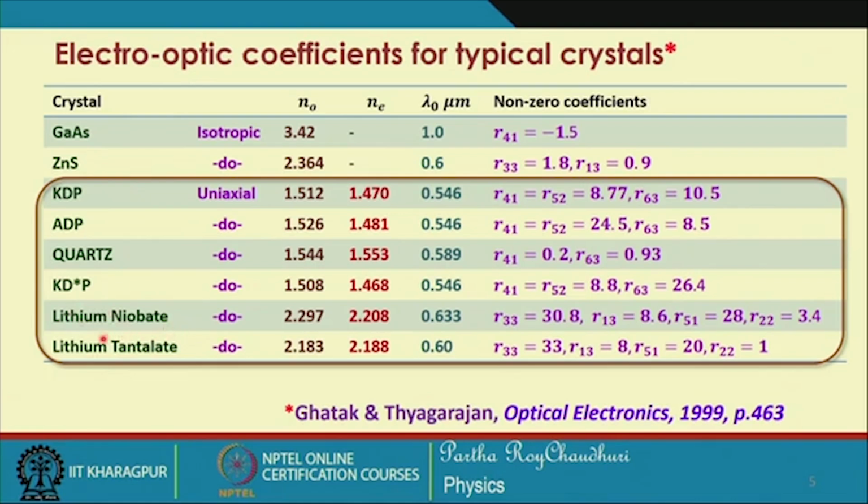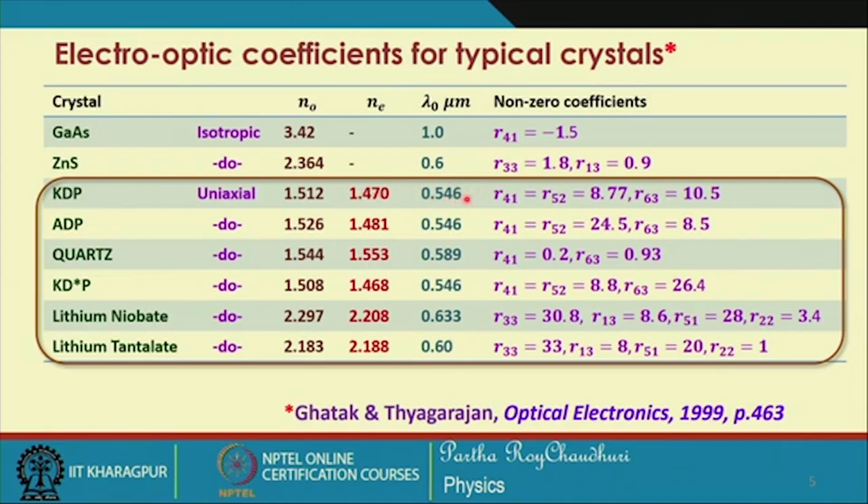Lithium niobate and lithium tantalate, these two are very important crystals, and we will see the application of these two at the end, and we can look at the refractive index properties, ordinary refractive index, extraordinary refractive index at this